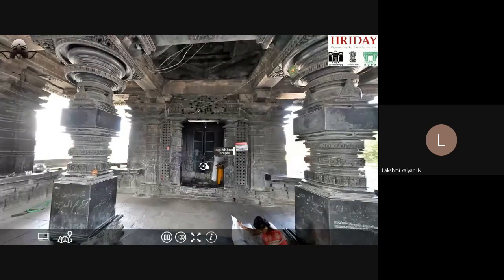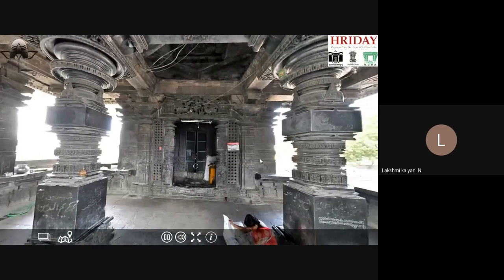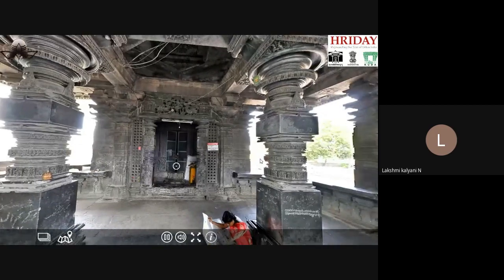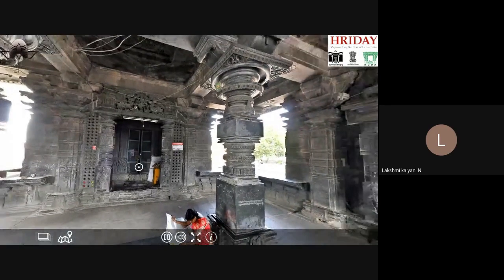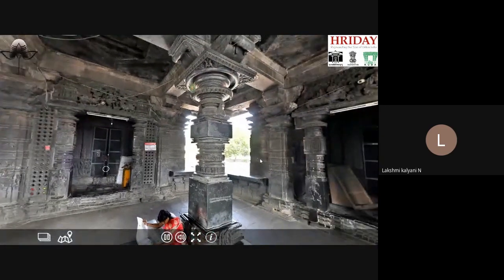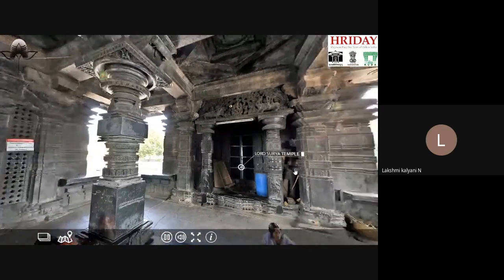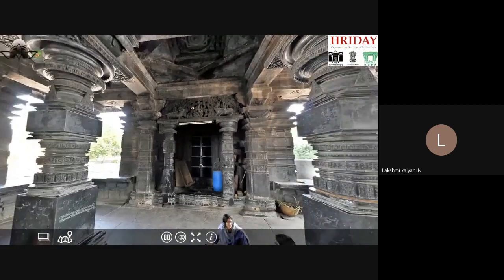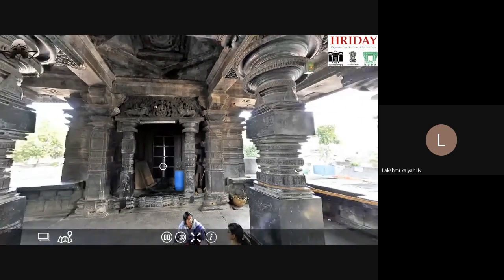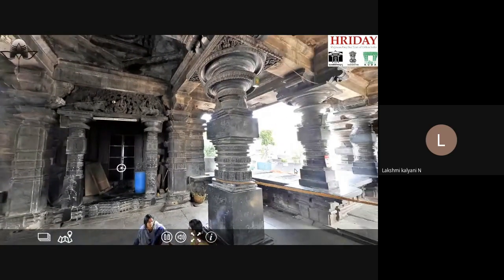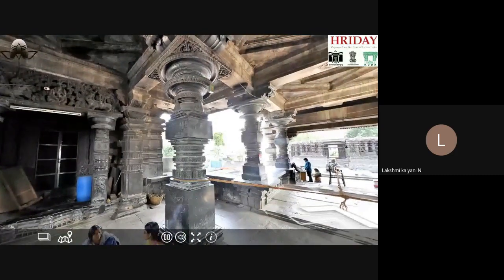As soon as we enter the temple, we get into the central mandapa, or the hall supported by huge, intricately carved, glistening black granite pillars. There is a big round Natya mandapa in the middle. The doorways leading into all the 3 shrines of Lord Shiva, Surya, and Vasudeva are all intricately carved.